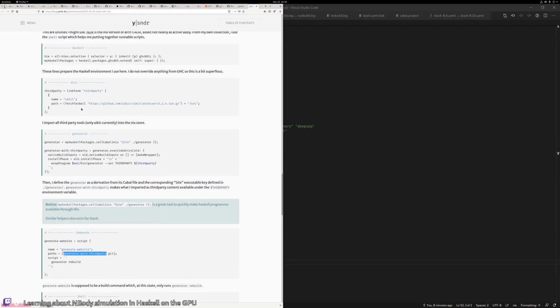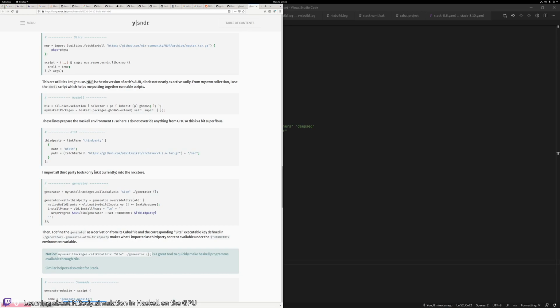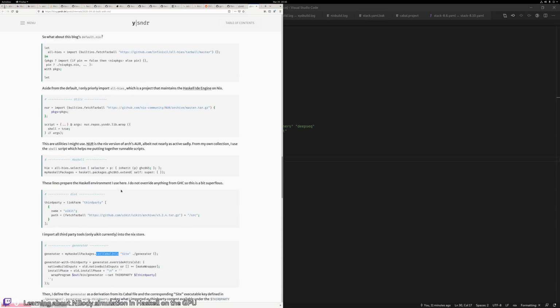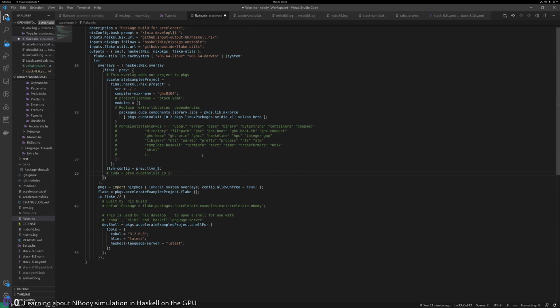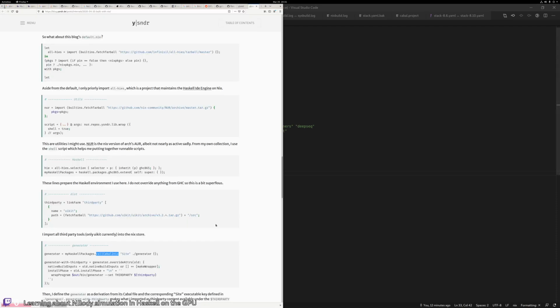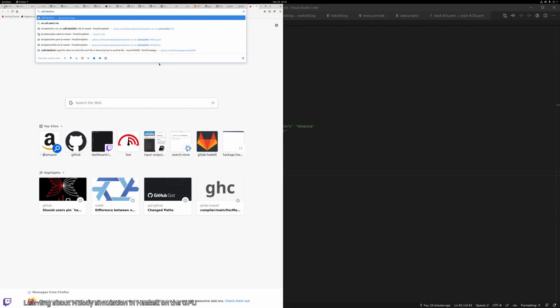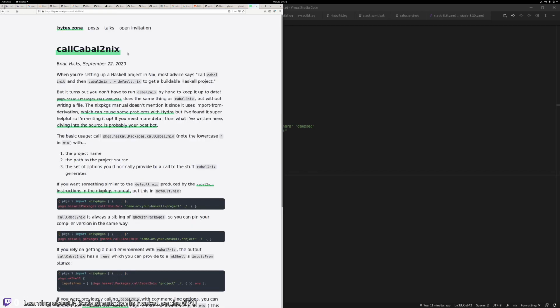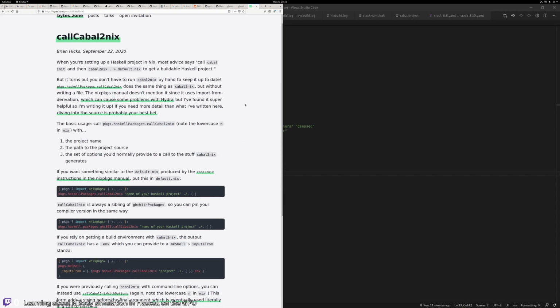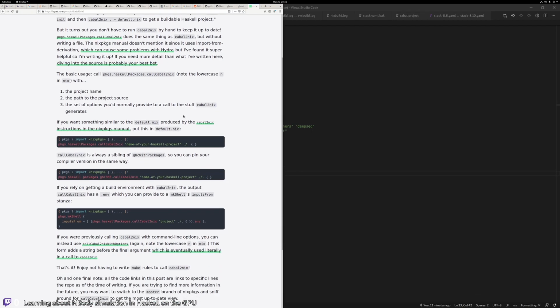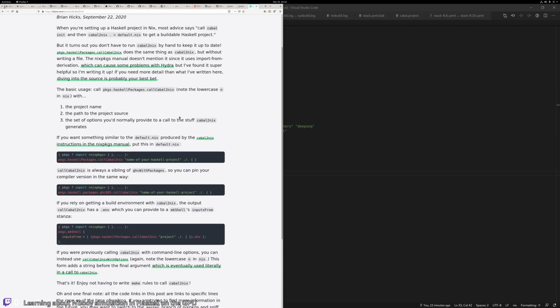So I suppose this is maybe the very simple version of how to do the equivalent of what Haskell.nix is doing. And I think the Haskell.nix folks redeveloped cabal2nix and stack2nix, but there were some original ones. So let's check out where the documentation is about this. There's actually a blog post from September 22. That's good. Say cabal init and then run cabal2nix to get it buildable. But it turns out you don't have to run cabal2nix by hand. I like that. Without writing a file. Yeah, and we want that actually, I think. So except in our case, we want that in our